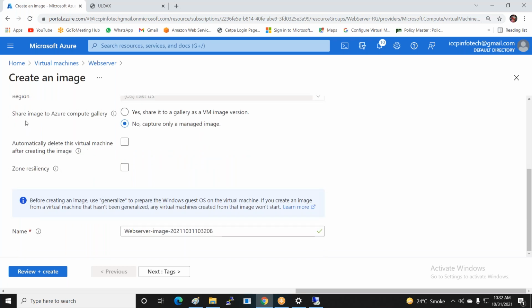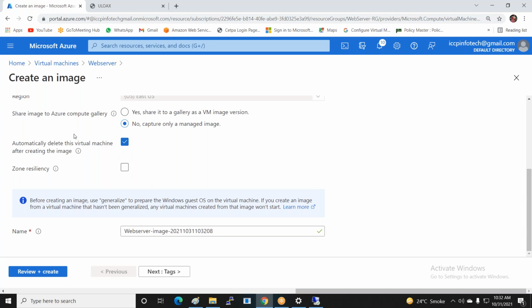Now, it automatically deletes the virtual machine after creating the image. I'm asking because my one server is already running on the web, and once my image is created, my server is automatically deleted.